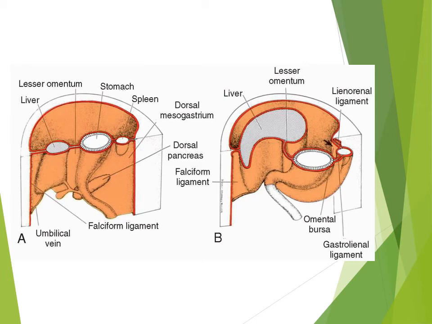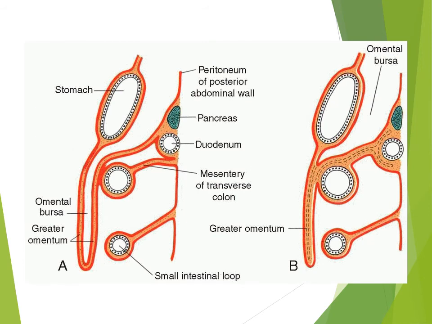So this is again a cut section showing you the rotation, and it is enveloped by the mesogastrium. Again you can see that because of this pull, it is going to enclose the lesser sac. And you have seen in gross anatomy that this lesser sac, or omental bursa, communicates with the greater sac through the epiploic foramen, or foramen of Winslow. So this is the space you have seen, behind the stomach, and this whole space is the lesser sac.